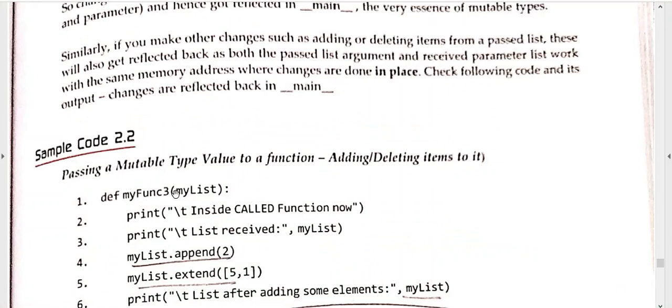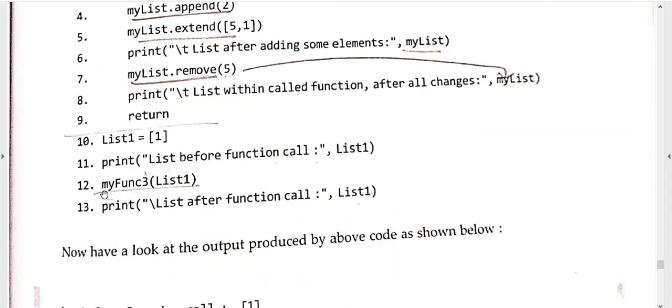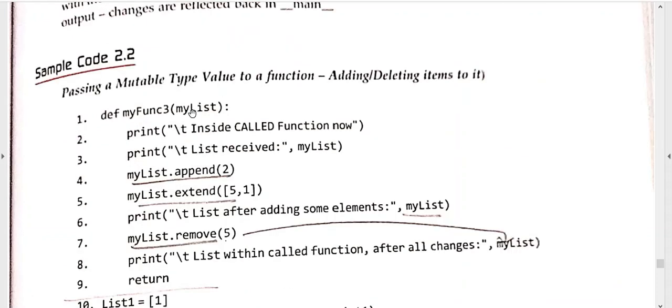If I call you Ram and your name is Ram, then only you will listen to me. If your name is Sham, then you should not listen to me, Ram should listen. So the name of the function should be written carefully. Whatever name you are giving, it should match the function call. And the number of arguments also: I am passing only one list, and it is receiving only one list. Fine, so one was passed here, it has been received here.